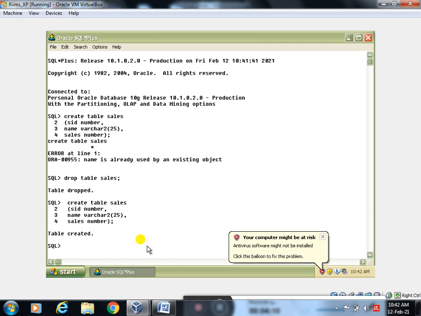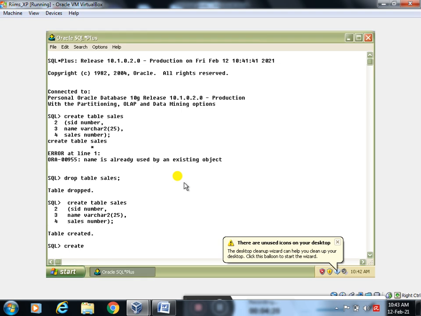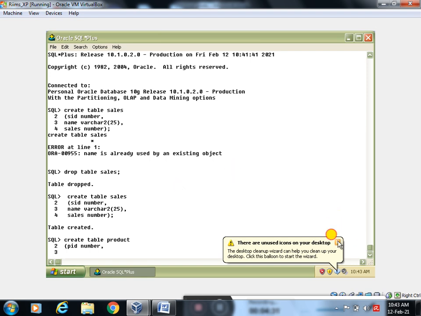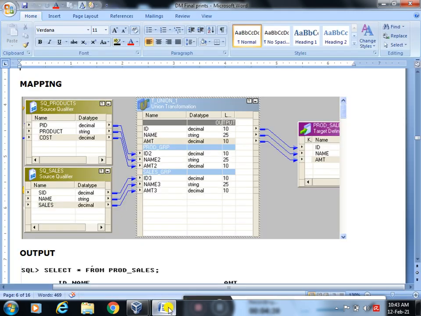Next, my second table: create table product. The first field name is product ID, number; then product name. What is the column name we used here?